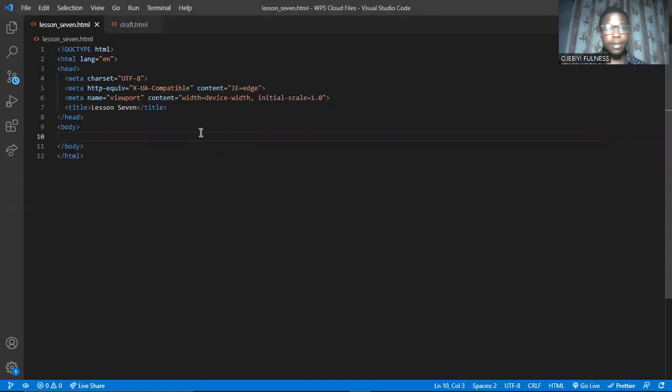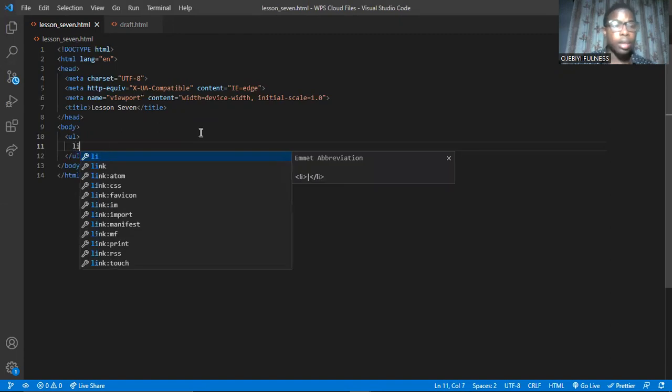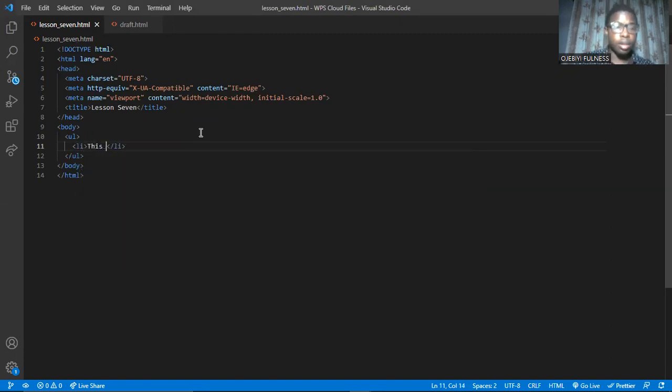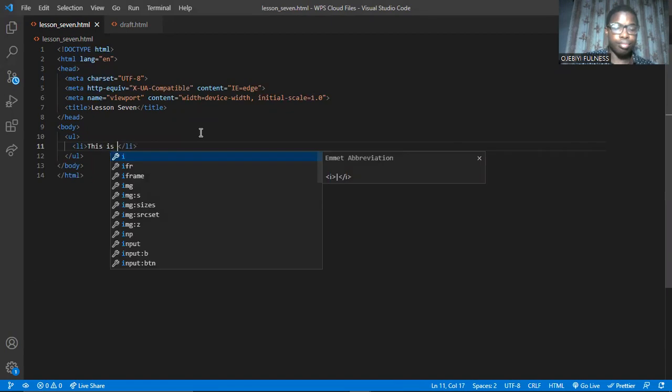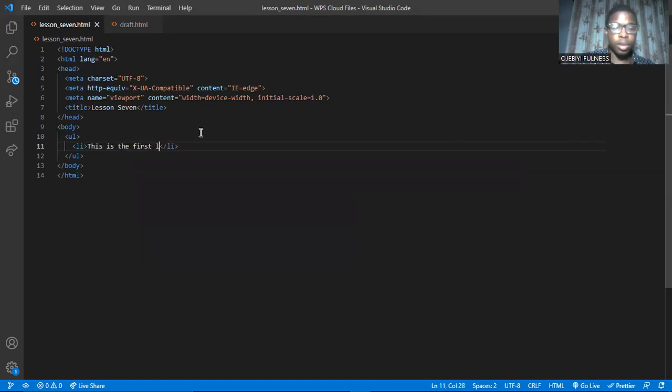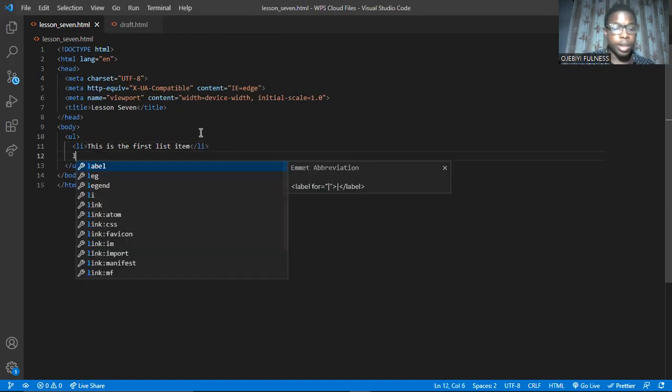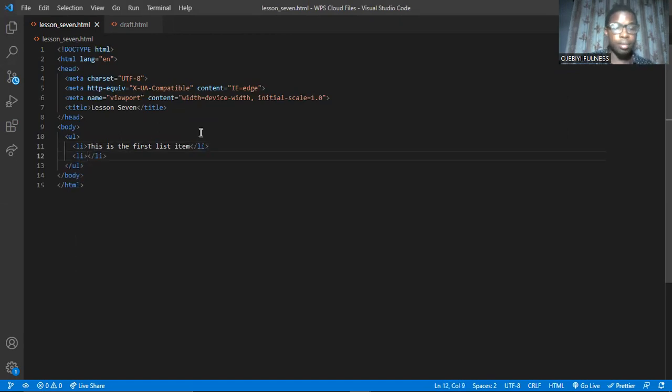We move. So yeah, we are trying to create an unordered list. So we want to create an unordered list, and then we say li. This is the first list item. Then we're creating three list items. Li again. So li is for the list items on the list. This is the second list